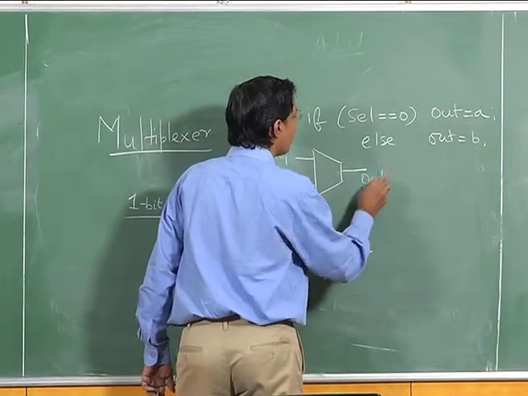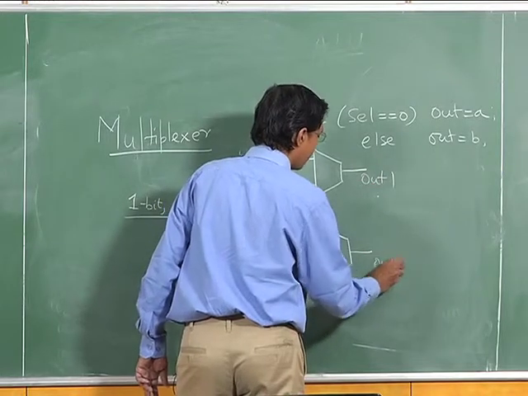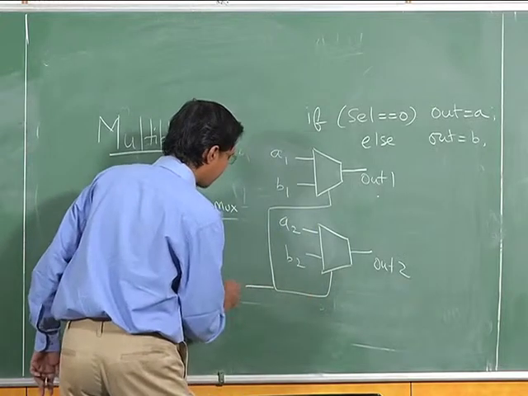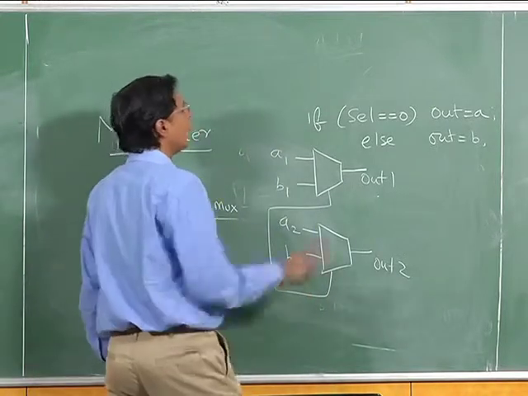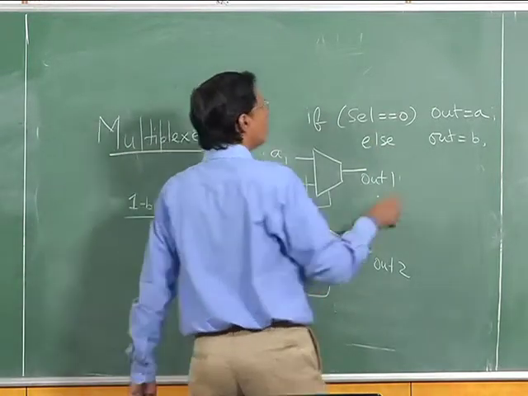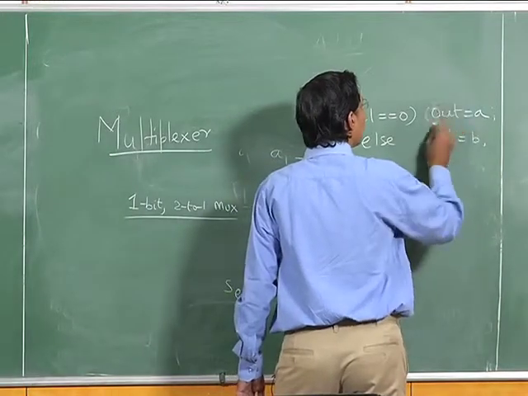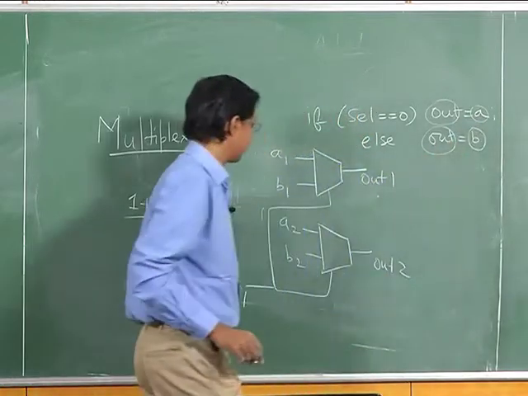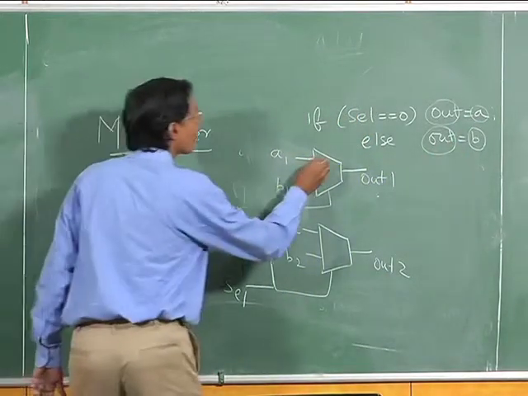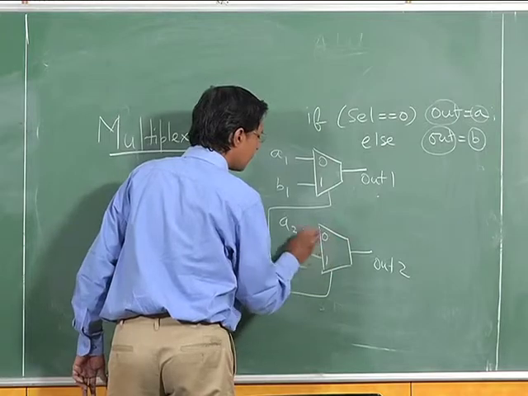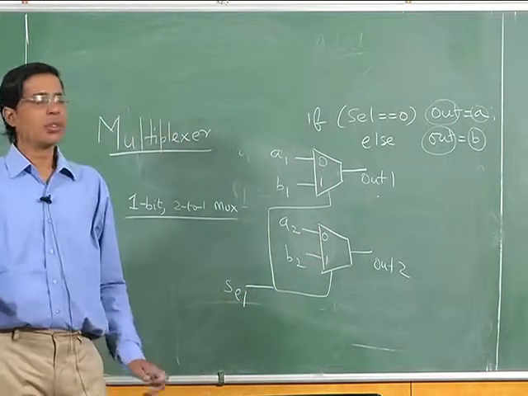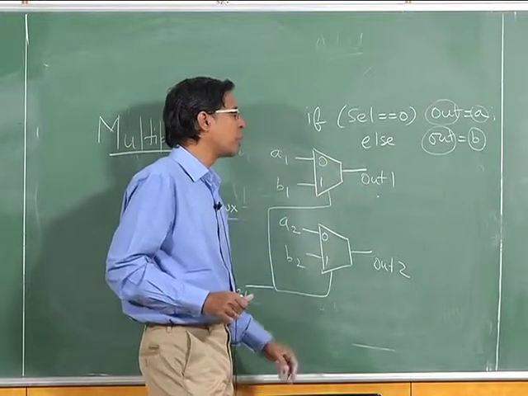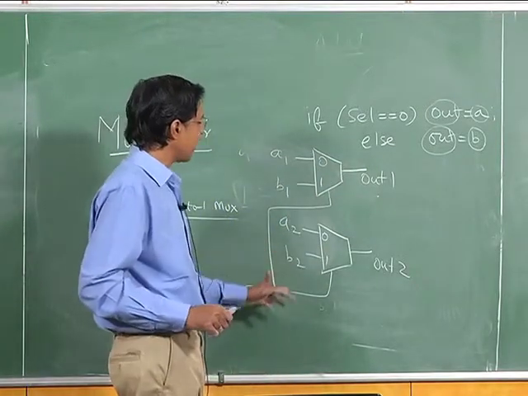Out 1, out 2, and I give the same select input to both. So, if select is 0, your out is A, but both out and A are 2-bit numbers, else out is B. So, if your A and B are 2-bit numbers and out is also a 2-bit number, then using the select